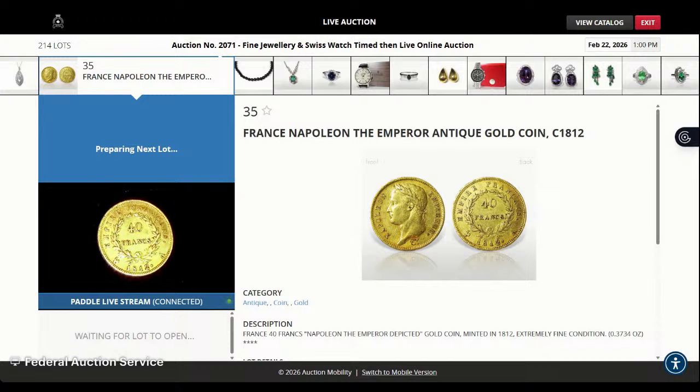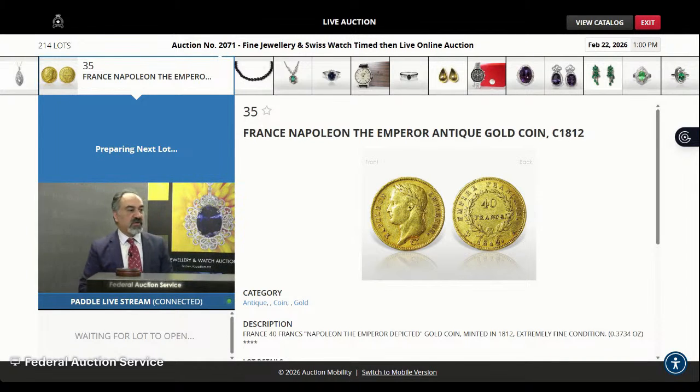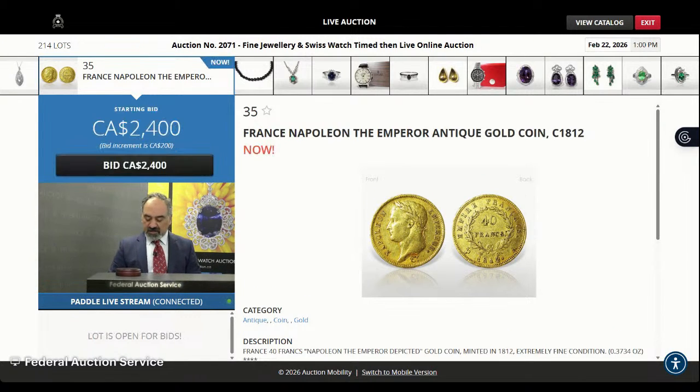All right, let's start the bidding on this. I think we're going to start this at 2,400, Jackie. Okay, we're going to drop it down to 2,400 and start the lot. Thank you. Opening at 24 for you. Now, there's an opportunity. Opening at 2,400. This measures 26 millimeters in diameter, and offers on this lot here. Please remember that